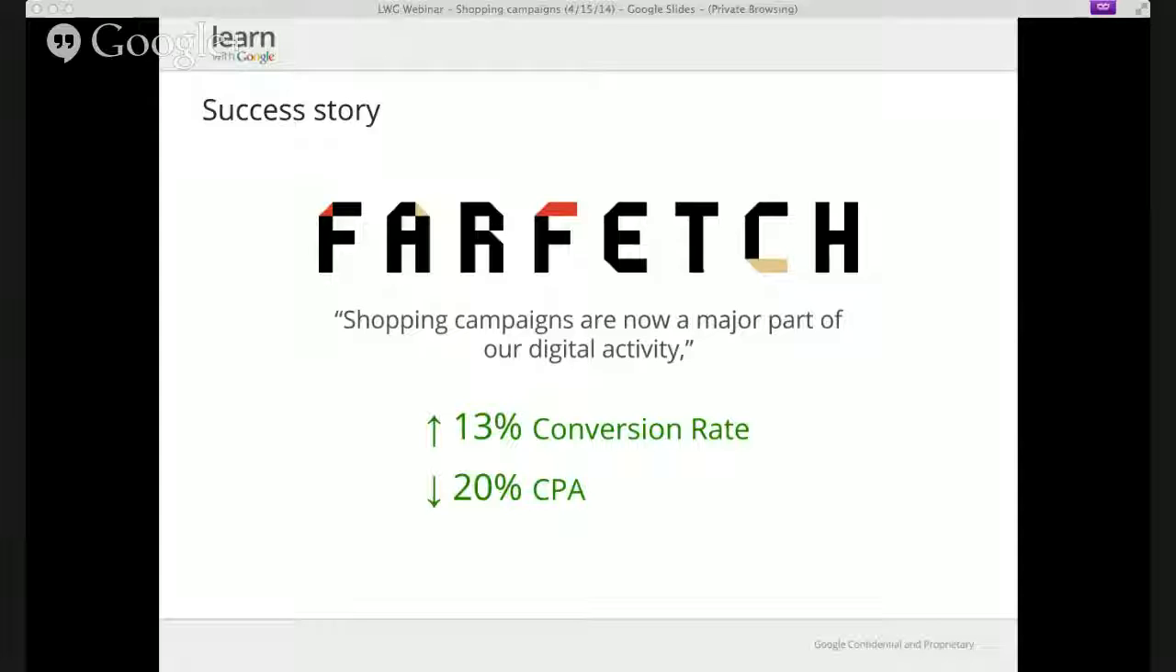So you can see these numbers, which I think are pretty impressive, but specifically they improved their conversion rate by 13% and decreased their cost per acquisition by 20% with shopping campaigns. Basically, by being able to more easily identify and bid on their product collections and understand the performance of those product collections, they were able to adapt to competitive pressures and easily and efficiently make changes to how they're advertising